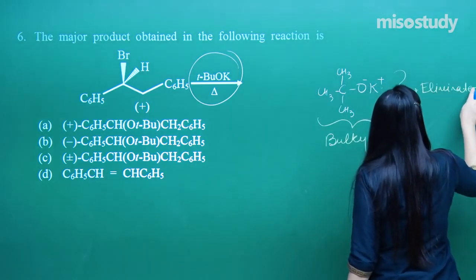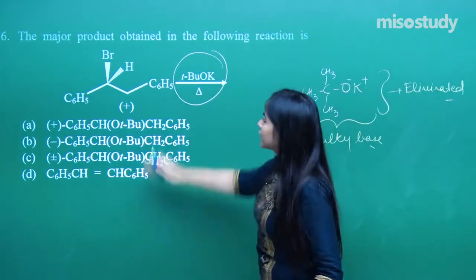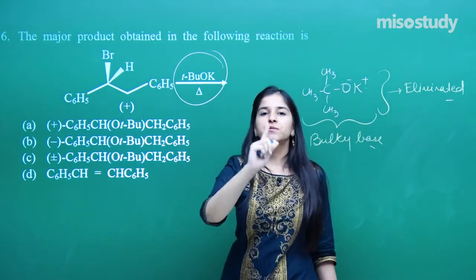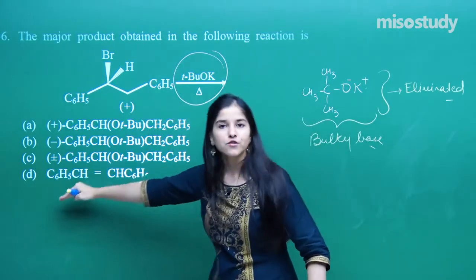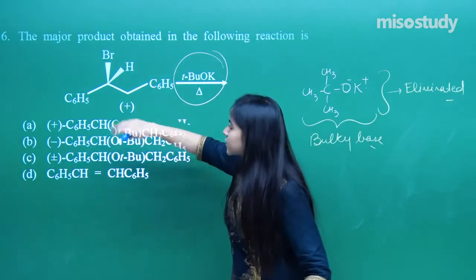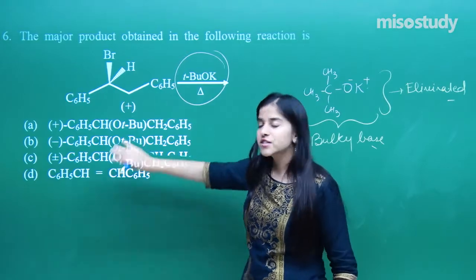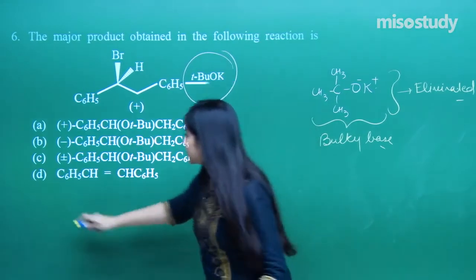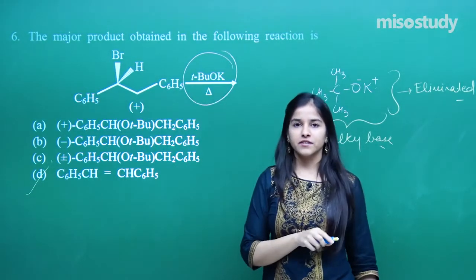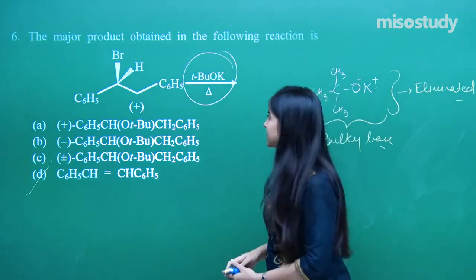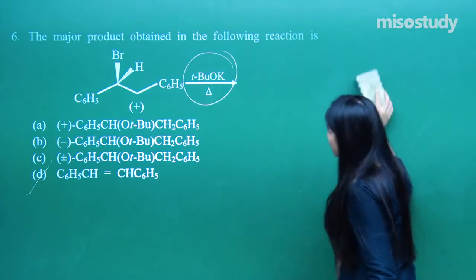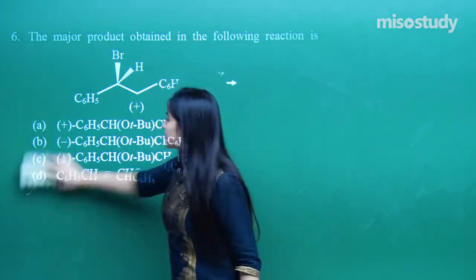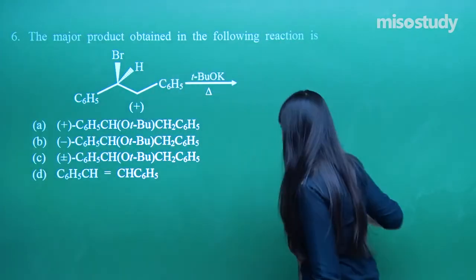Eliminated product. And out of all the options, there is only one option having the eliminated product, that is this. You need not go into the details of this option to find out what positive or negative is. They are just trying to confuse you. That is the option over here. So I hope you all have got this right. Just observe each and everything which is given in the question. Maybe the observation can turn out to be fruitful for you.